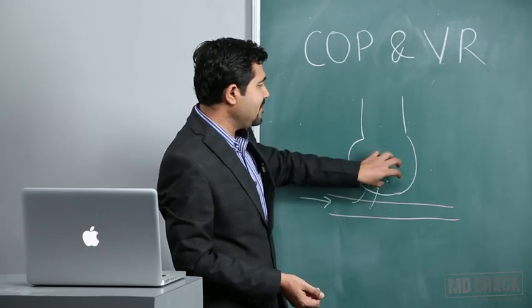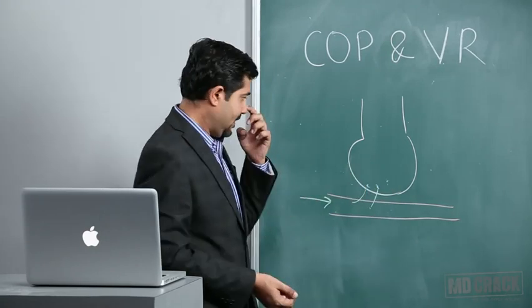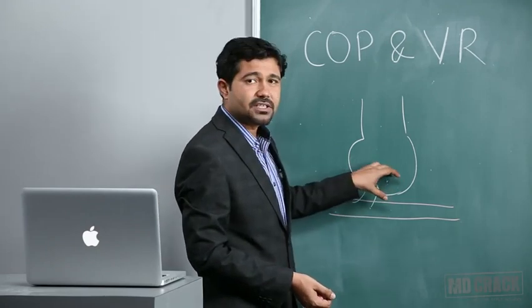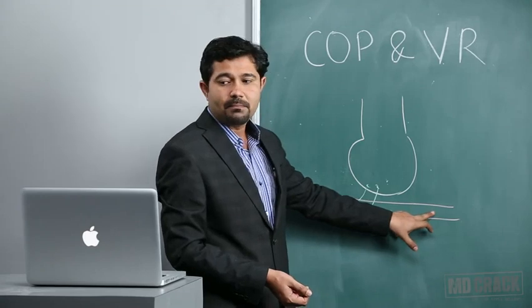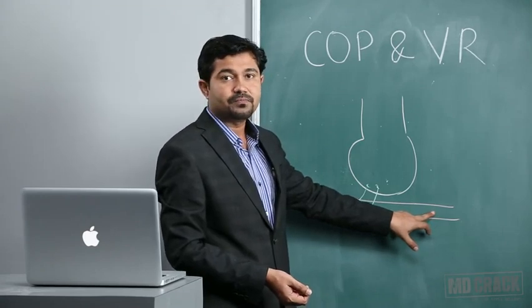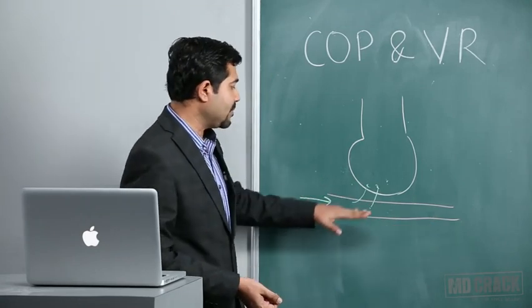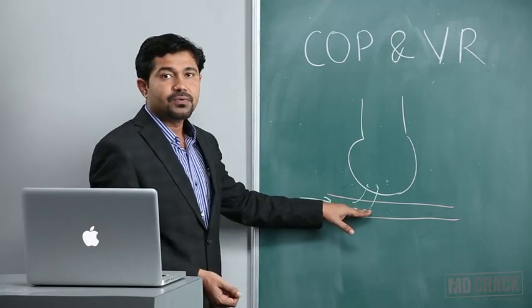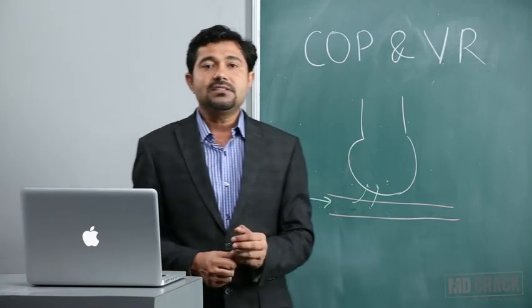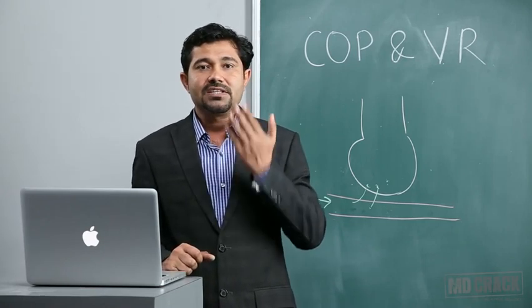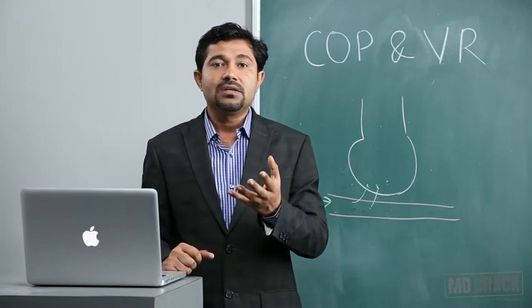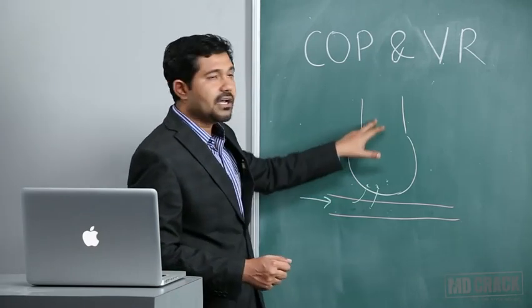So if I take an alveolar sample and measure the percentage of CO2 in this alveolar air, that will be equal to my pulmonary vein CO2. But then how to calculate the pulmonary artery CO2? I have to ask the person to rebreathe in a paper bag. Continuous rebreathing in a paper bag will cause what? It will cause accumulation of the carbon dioxide.